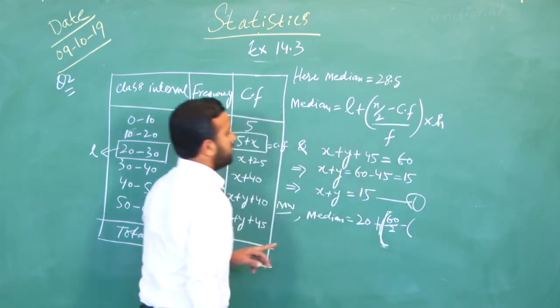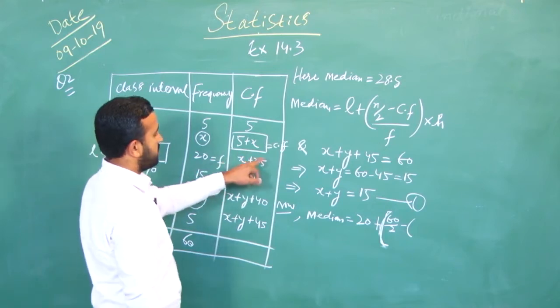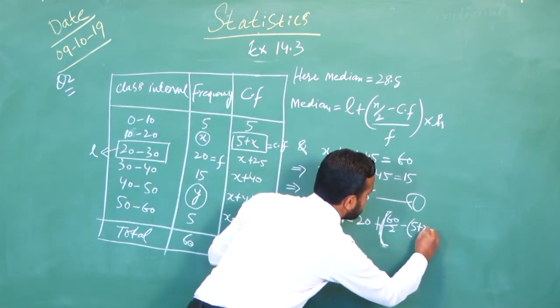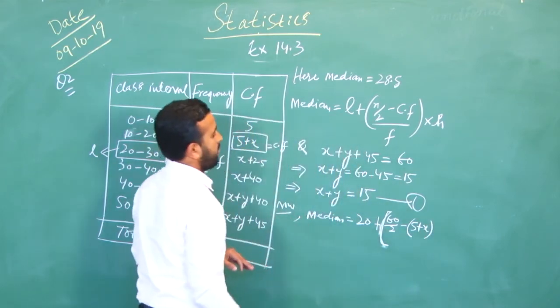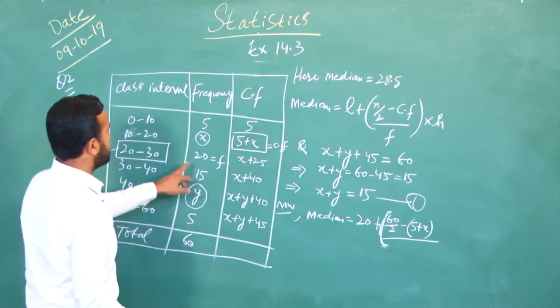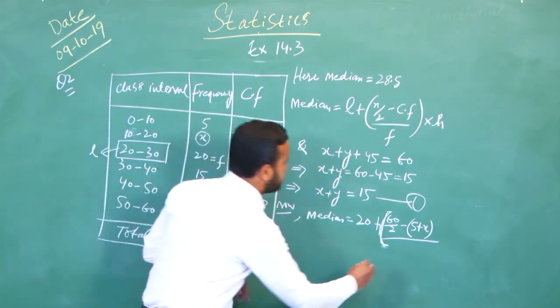Then we use the value of CF, the cumulative frequency, that is 5 plus x, whole divided by f. What is the value of f? That is the frequency of that particular class, that is 20 here,